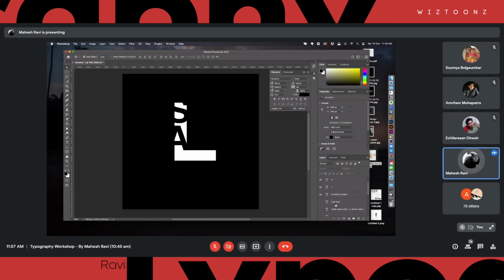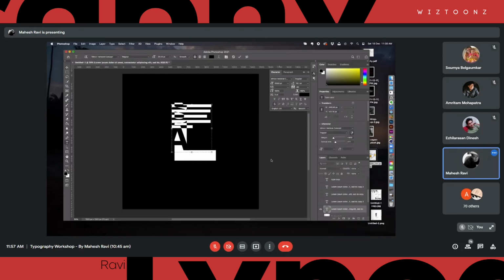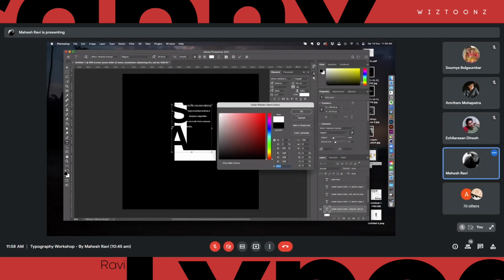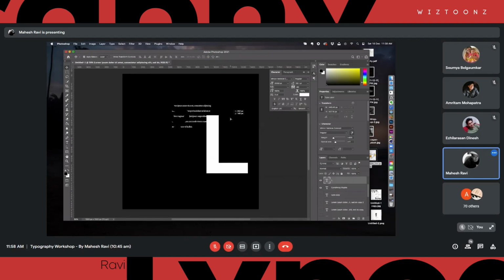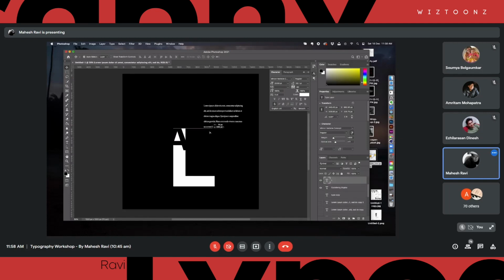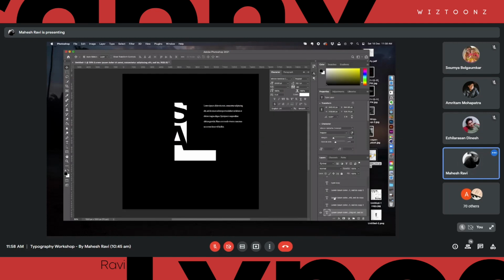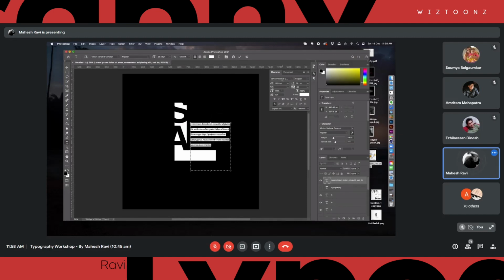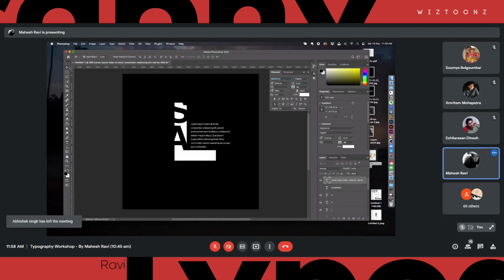This is again a display element, so you can pair it with typography.